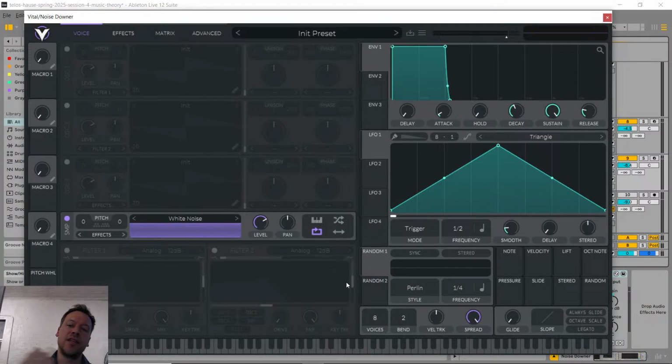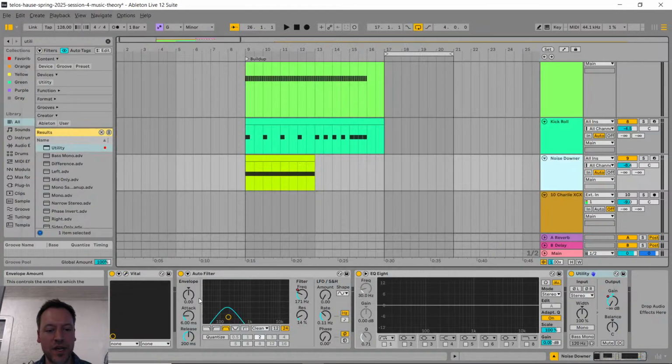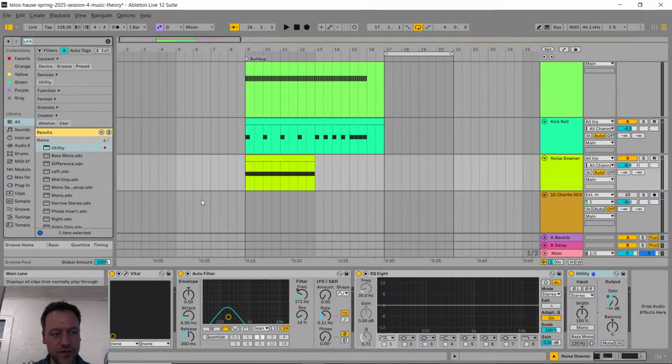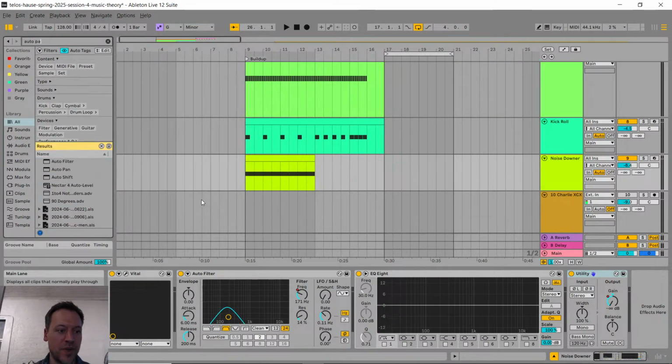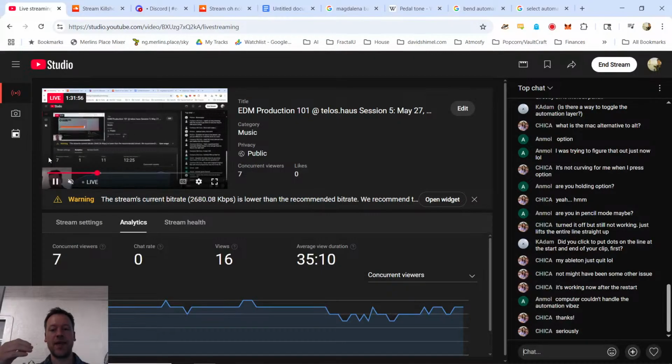You can make it pan around. So I could take this LFO and I could put it on the pan knob here in Vital. Actually, let's show another effect in Ableton here. It's called auto pan. So auto pan. So we're going to use this to make the sound kind of bounce up and down. I'll first show to have it pan left and right, but then I'll show how to make it do